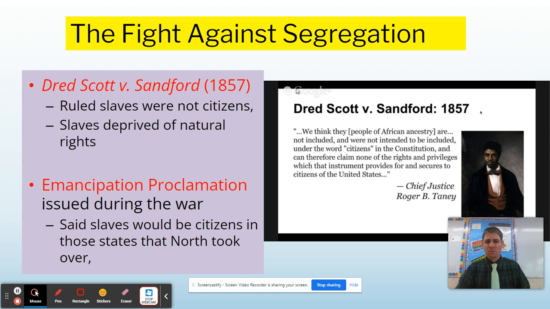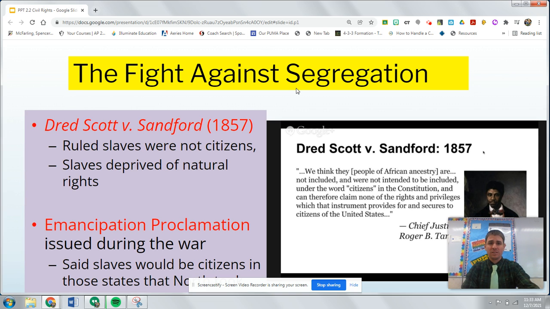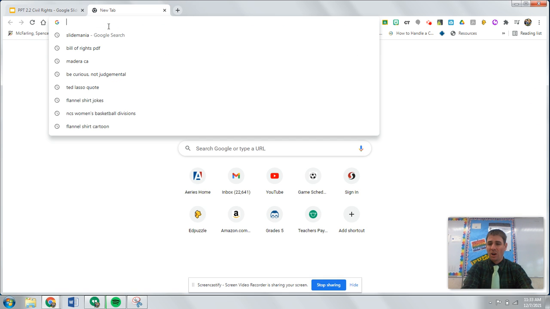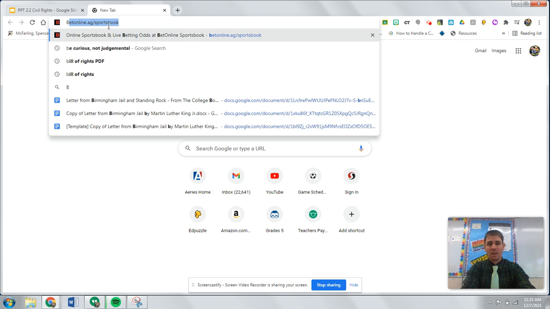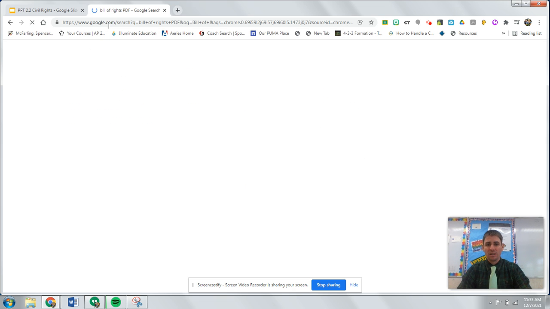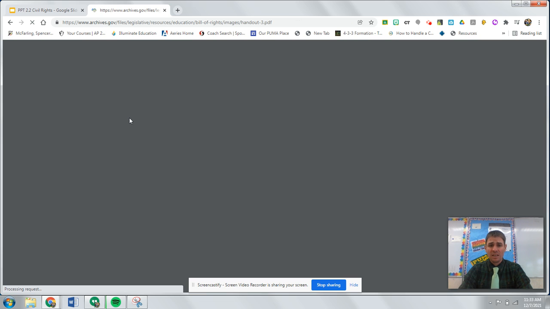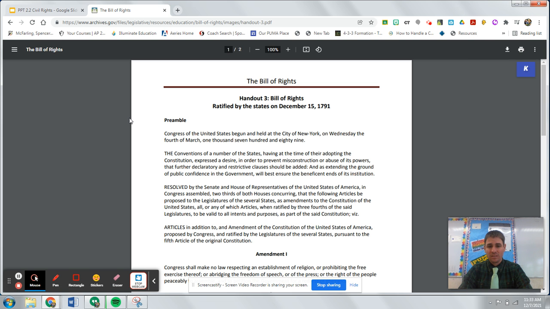We talked about this issue of citizens with regards to whether or not undocumented immigrants that are in the United States should be given some of the civil liberties. And I wanted to share this with you because it relates to this concept of citizens and what the Constitution says with regards to citizens. If I were to pull up the Bill of Rights PDF, as I'm doing currently, you'll see that it doesn't say citizens are granted these protections.